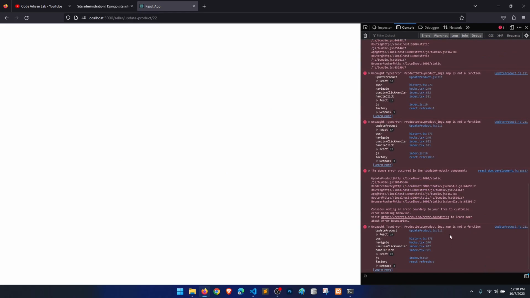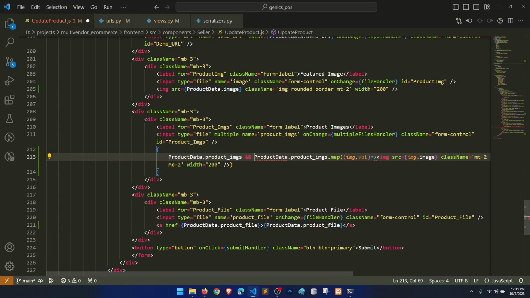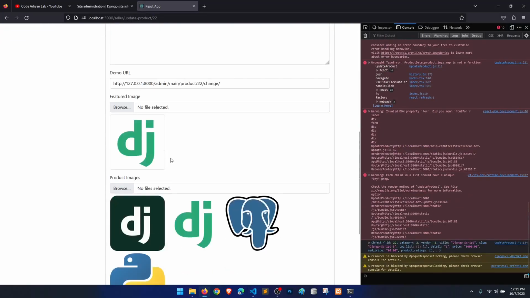Product data dot product images dot map is not a function. Let's say, all right,